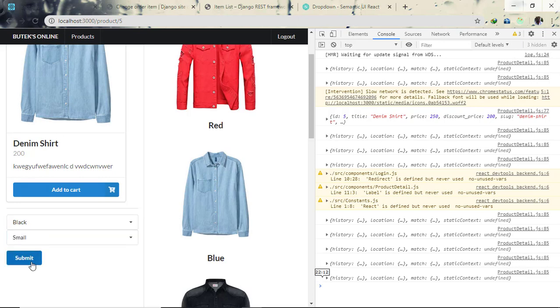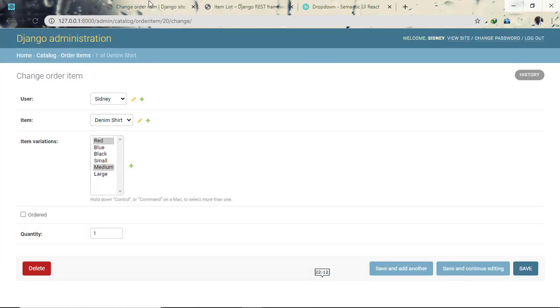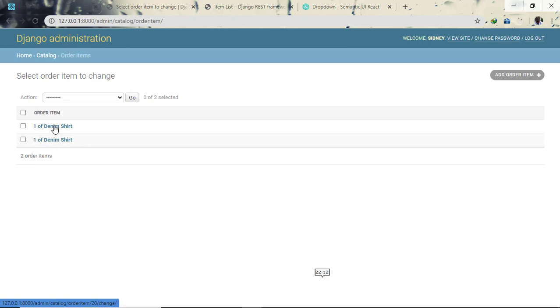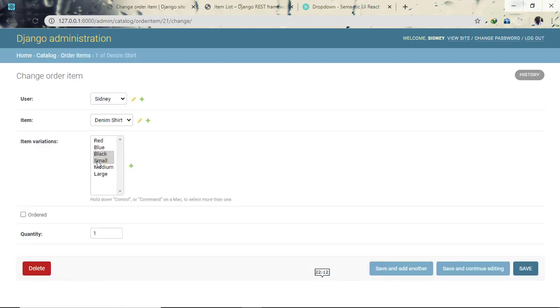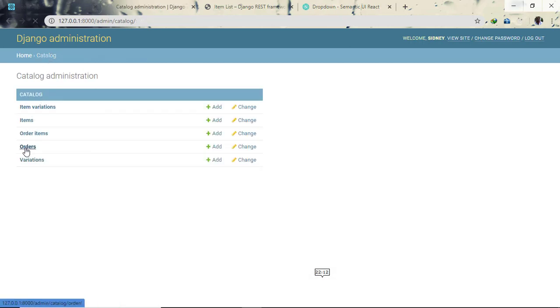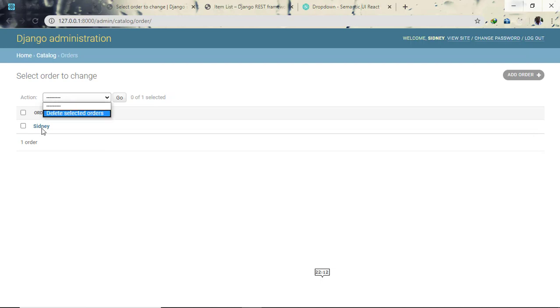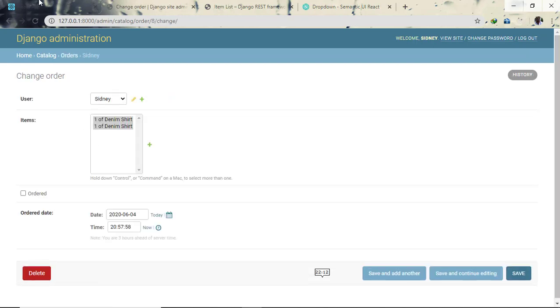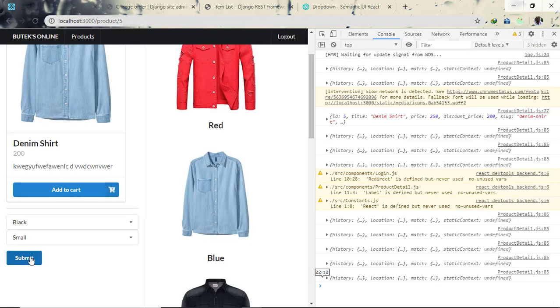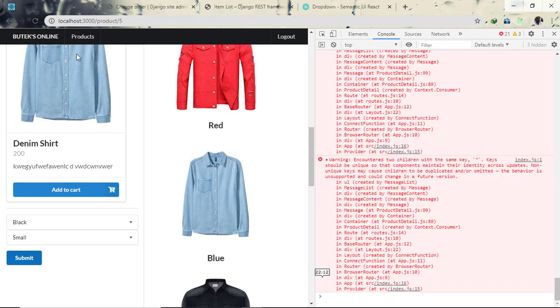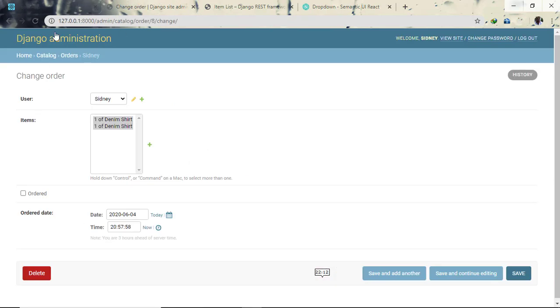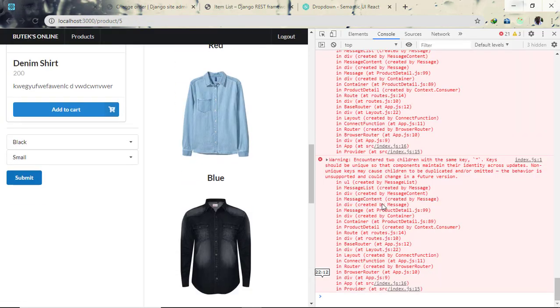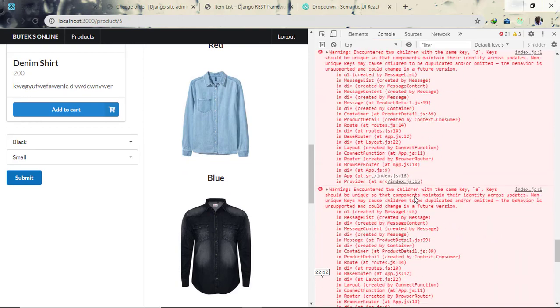So if we add to the cart again, and come back to the order items, now we see we have two, and blue and small. If we go to the orders, now we have that order and we have those. If we add another blue small shirt, then if we come back and refresh, we are getting an error,